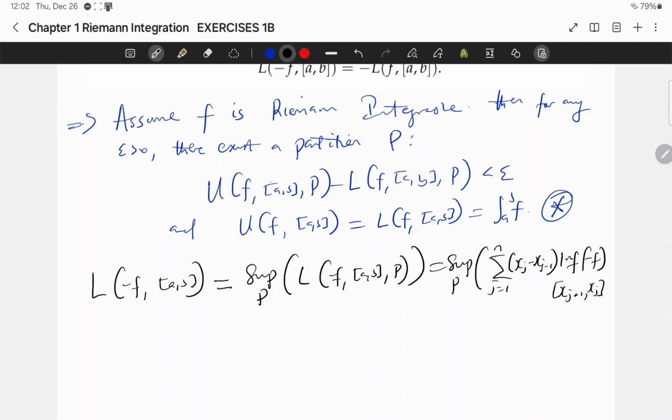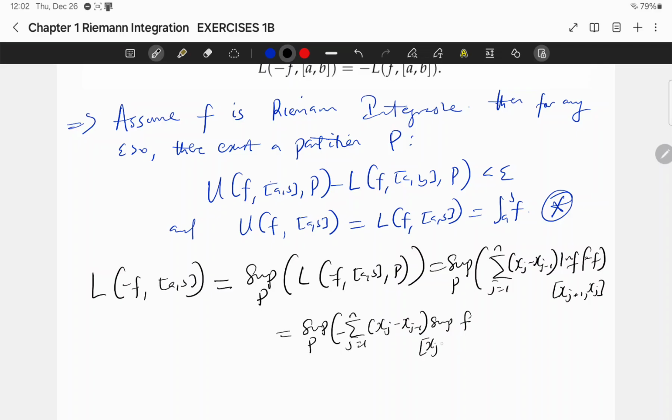If you take the infimum of a negative function, by properties of infimum, that will be the supremum. So you are going to have sup over P of the summation j equals 1 to n of minus (s_j minus s_j minus 1) times sup f,